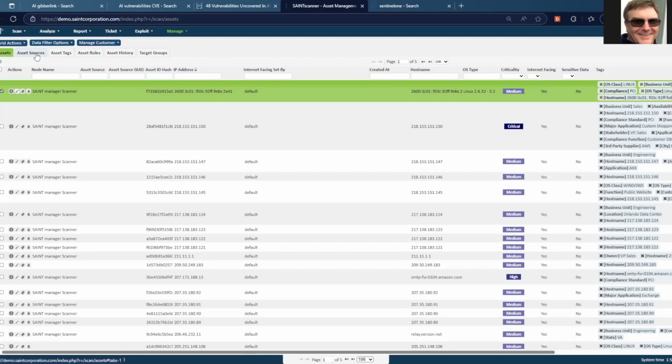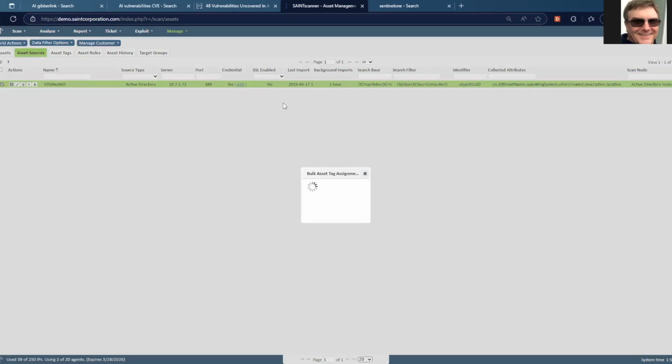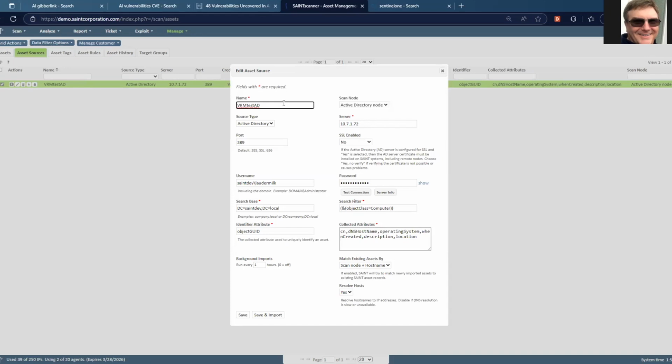So asset sources in the VRM platform is an example Active Directory. You can set up a rule in your asset sources to configure the VRM platform to reach into that Active Directory, put your credentials in, and the type of rules that you'll want to collect, the information you want to collect from Active Directory, and the frequency you want to collect it. And through setting that up,